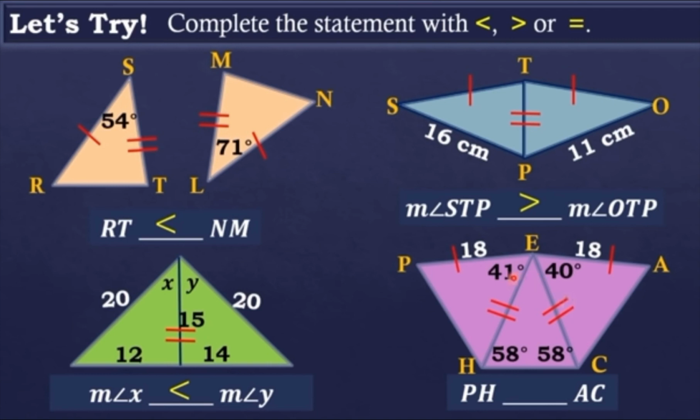Now, paano natin malalaman which side is longer? Is it PH or AC? So, paano natin malalaman? Kung tingnan natin yung opposite niya. So, ang opposite angle po ni PH ay 41. Ang opposite angle po ni AC ay 40. So, alin ang larger angle? 41. So, ibig sabihin, ito rin po ang longer side natin compared to AC. So, PH is greater than